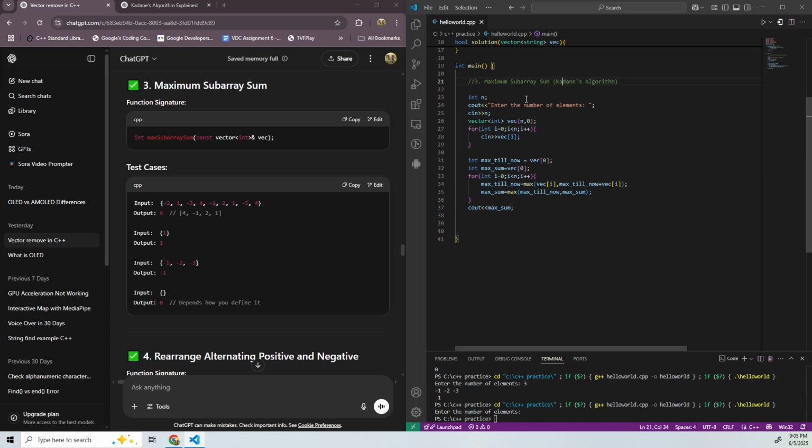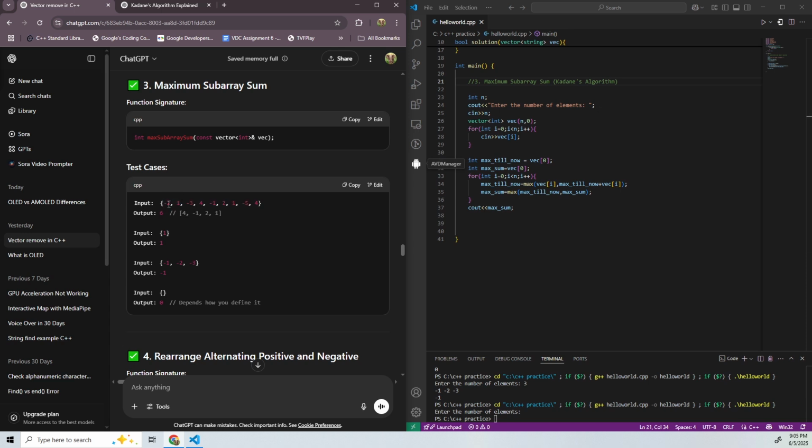So what it is, you just keep track of the maximum sum that you have had until now, through the whole loop. If I am on the ith index, you check the maximum sum till this ith index and the maximum sum of the array. The maximum sum till the ith index can be different from the maximum sum of the whole array. So how we did that is